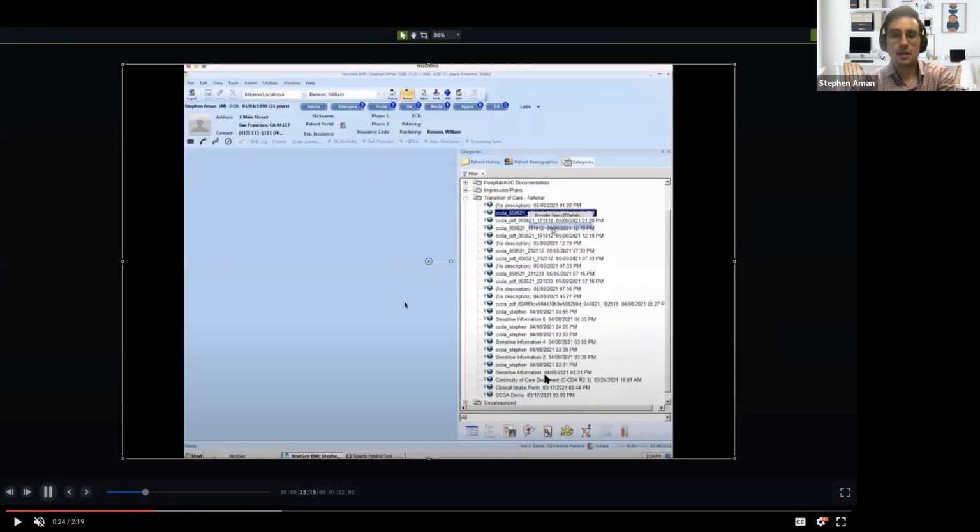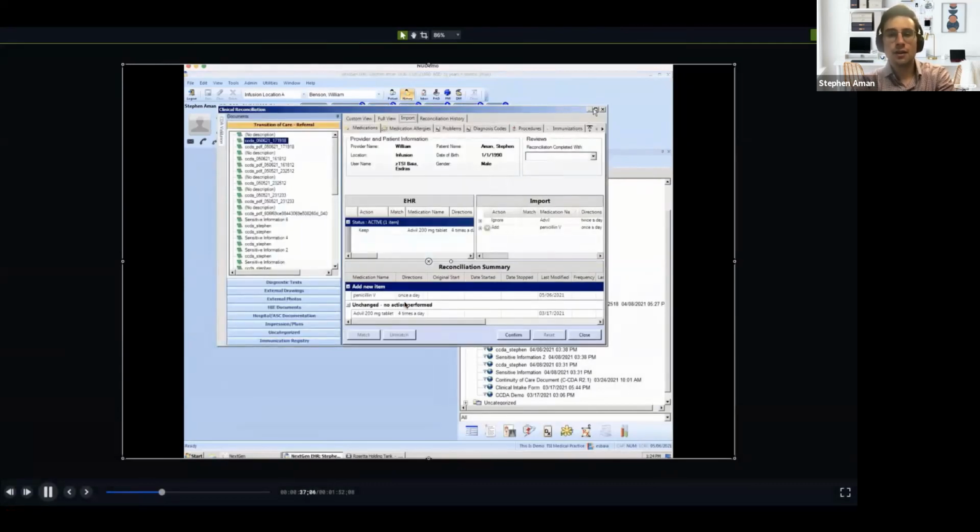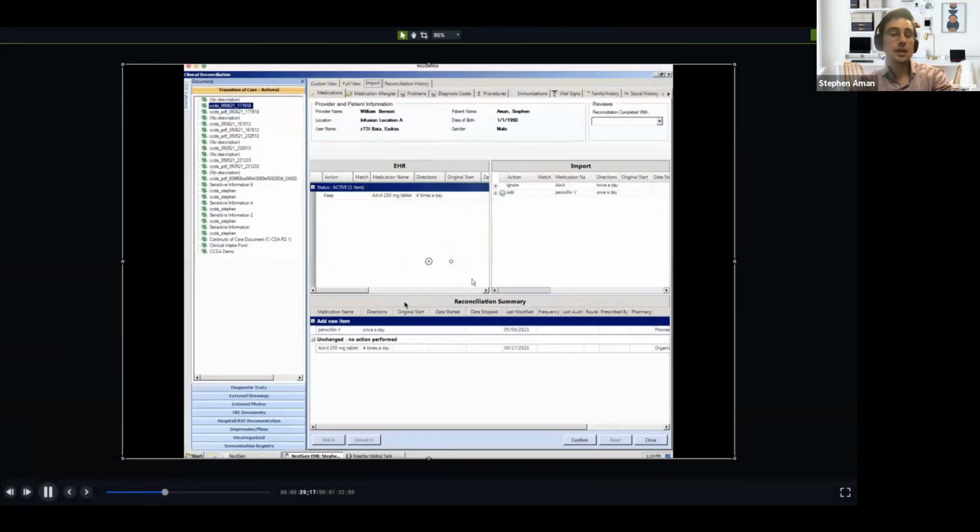I'll actually go back and let's go really quick. Normal speed. What I'm doing here is I'm clinically reconciling it. So we have this incoming CCDA. Now I'm opening it up to reconcile. And this would be where your clinician is actually checking the CCDA, seeing how it looks, and adding changes they want to approve to the patient's medical record. So this is not the exact one I sent. This is just a recording. Opening these up is typically a hassle, so I wanted to